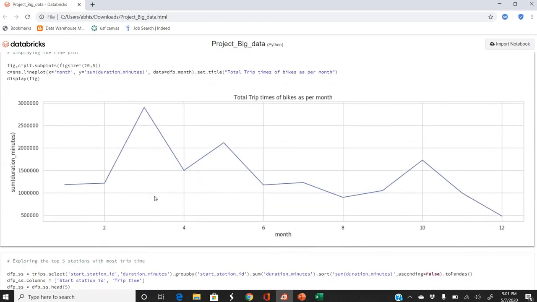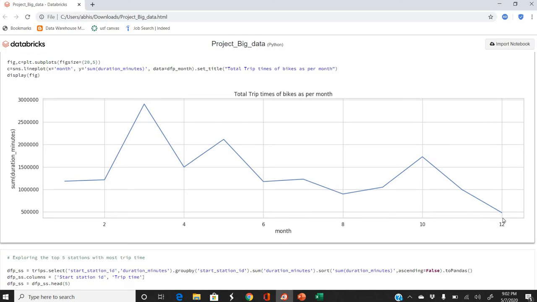This is another visualization where I have plotted the trip times per month. On the y-axis we have the total trip times, and on the x-axis we have the months. We can see the total trip time is maximum in March, and the lowest is in December. We can justify this by saying that December is a month of vacation, with Christmas and New Year. People usually prefer to remain at home, and because of winter as well. If people are resisting going outside, the chances of using their bike usually decline. So this might be the reason that December has the lowest trip times.